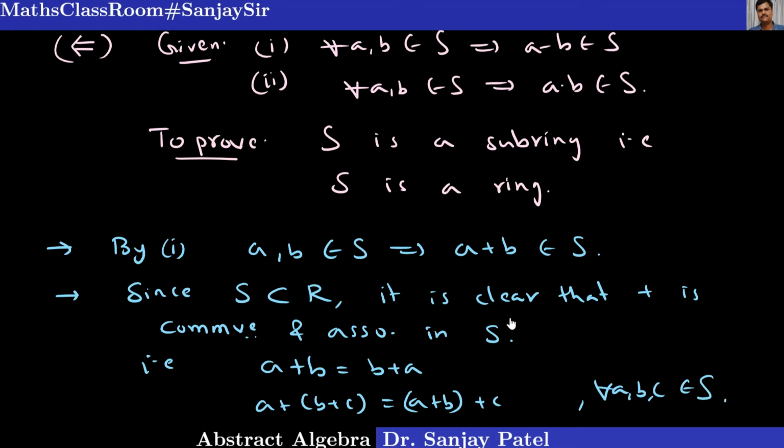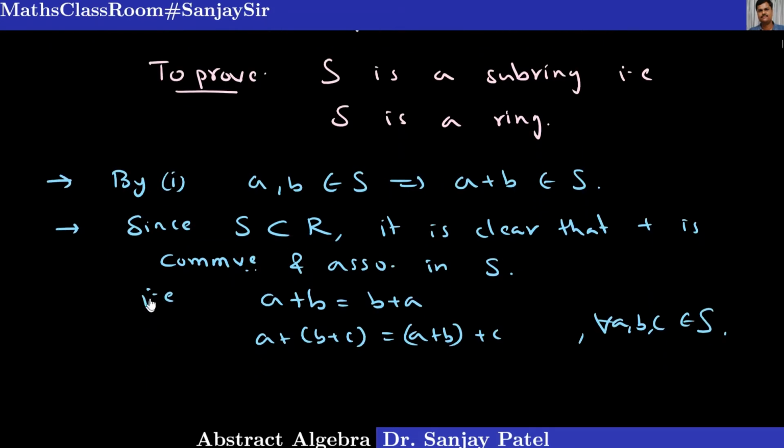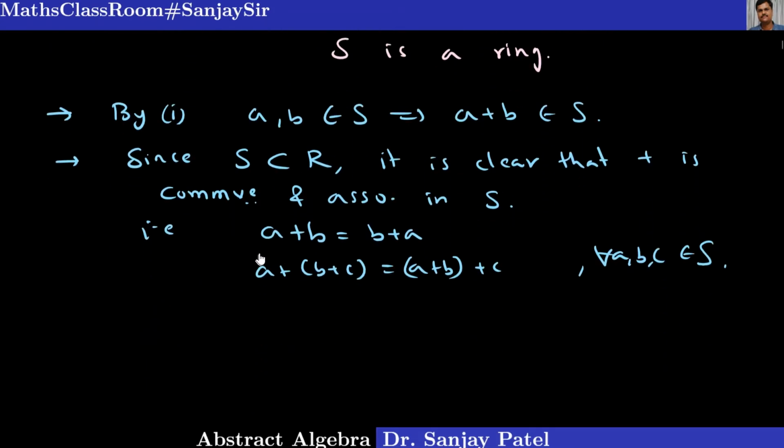Because if a, b, c are elements of the set S and S is a subset of R, they are also in R. In R we have these properties. Remember, commutativity, associativity, this kind of properties are known as internal properties of elements. If it is in the main ring or the main set, it is always true in any of its subsets. Like the set of real numbers. The multiplication of real numbers is commutative. So if we take any subset of the set of real numbers, then in that subset also multiplication is commutative. So commutativity and associativity always hold if they hold in the main set.